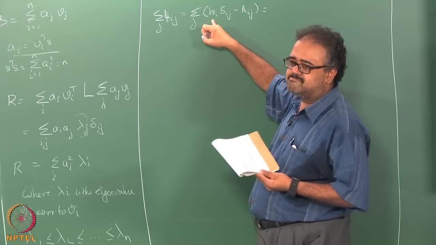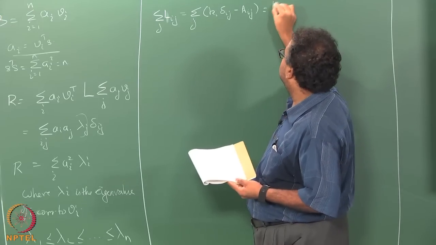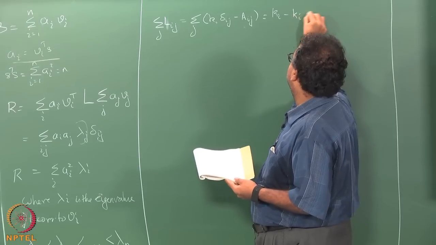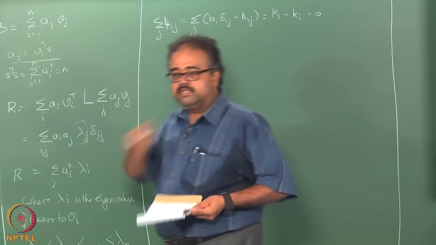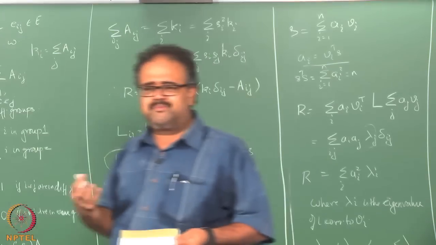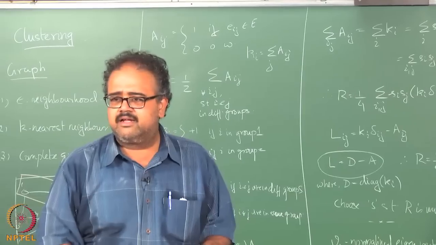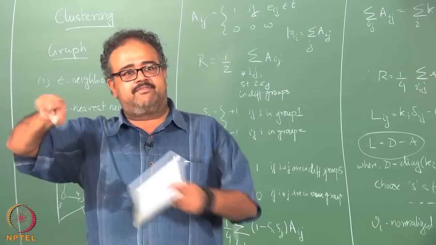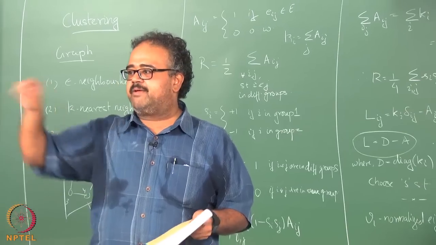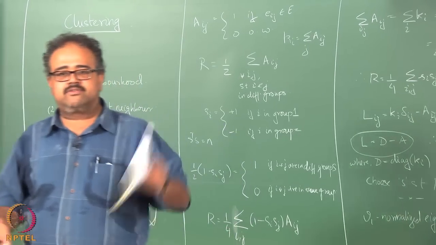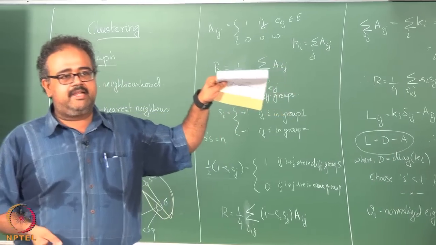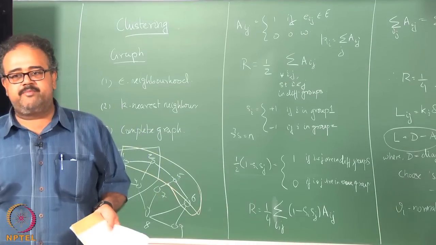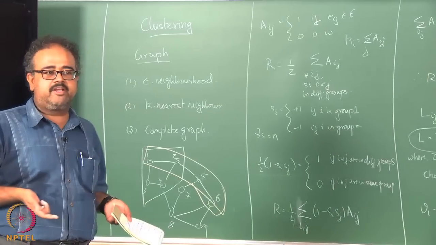So this will be what? k_i. What will this be? k_i. So each row of the Laplacian would sum to 0, right. If you think about it, what is the diagonal element? The degree of that node, and the off-diagonal elements are negatives of the edges, right. So whenever there is an edge there will be a -1, if there is no edge there will be nothing. So the diagonal entry is the degree, and then I will have as many -1s as there are neighbors. So adding up the row will give me a 0. Likewise adding up a column will give me a